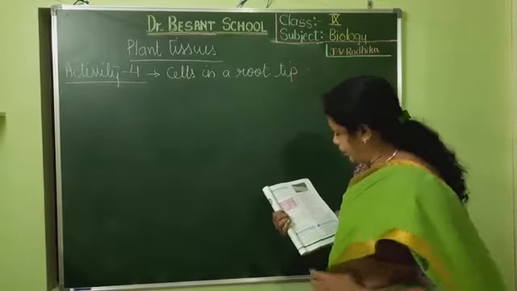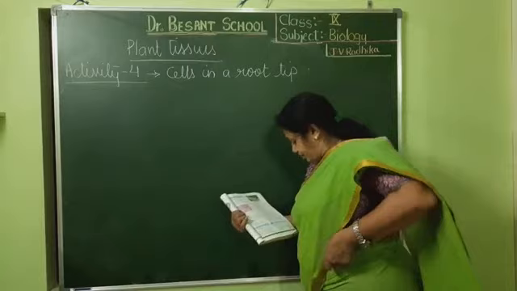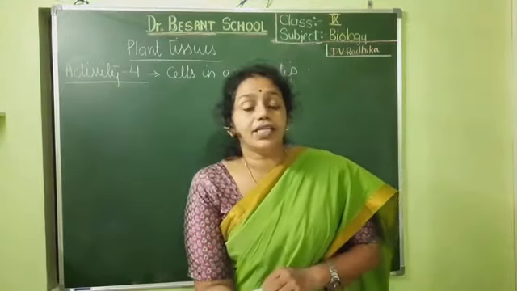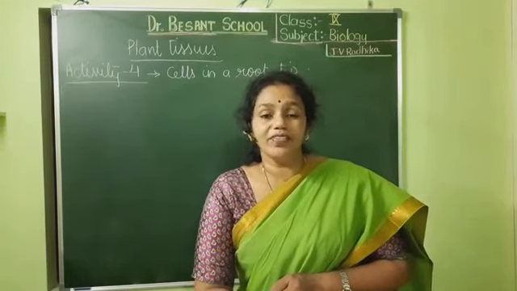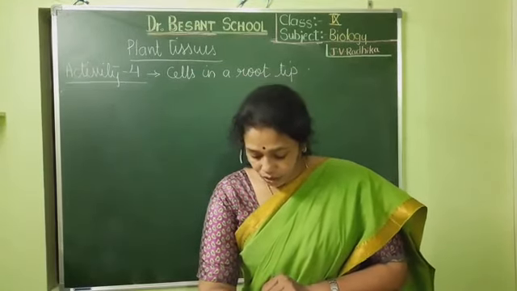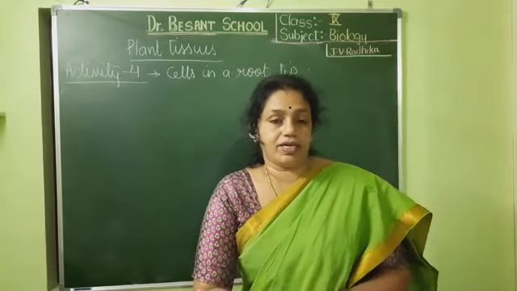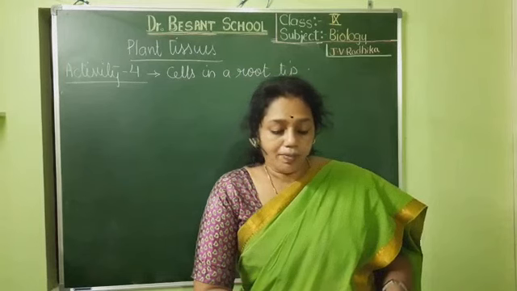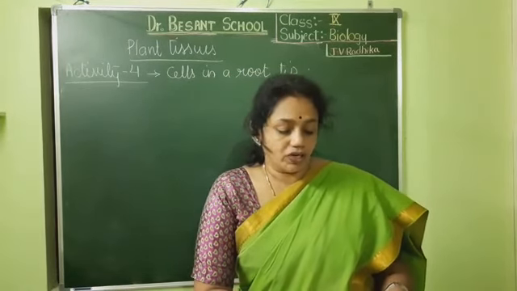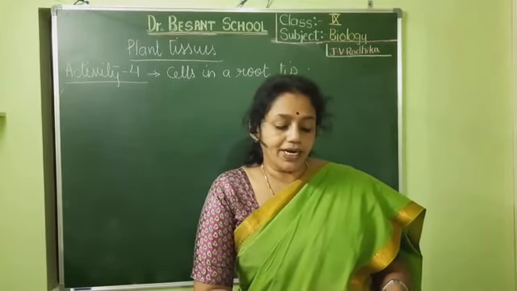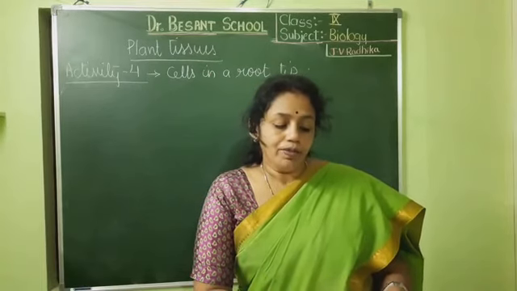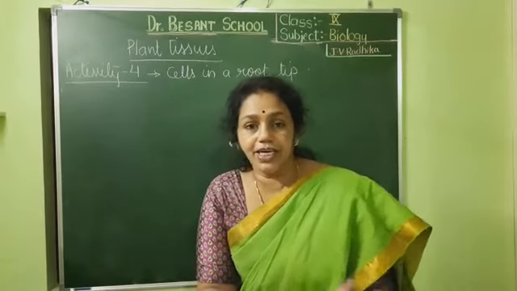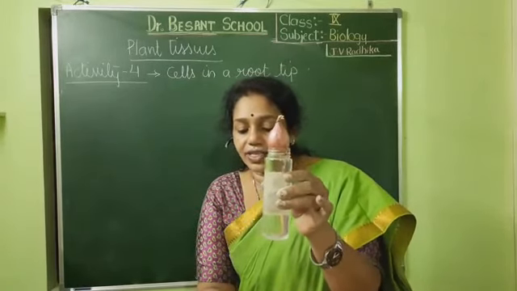Okay, so for that, how can we observe? Here we have to compare: are the cells in the root tip similar to those of the leaf tip, or are they different? So how are we going to observe that? For that we have to perform this activity. Take a transparent plastic or glass bottle filled with water. Take an onion bulb slightly larger than the mouth of the bottle. Put the onion bulb on the mouth of the bottle as shown in the figure. Here I have done this, isn't it? The same thing you have seen in the figure in the textbook also.